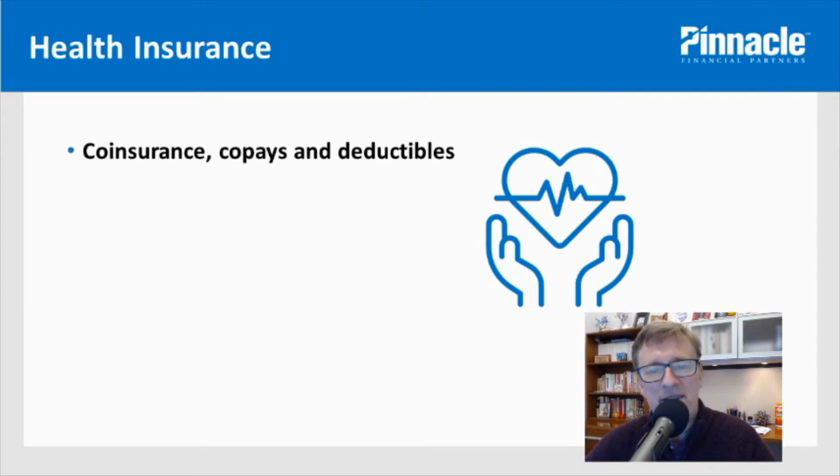you pay the rest. An 80-20 coinsurance split is fairly common, and if this is the case, it means that the insurance company would pay 80% and you would pay 20% after any applicable deductible is met. A deductible is the amount you pay for healthcare services before your health insurance begins to pay. Copayments, also known as copays, are fixed amounts that you pay for certain services such as doctor office visits and